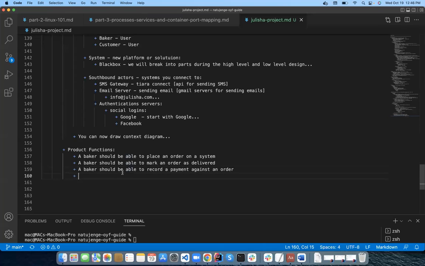And you're supposed to see the system before you write any code. And you're supposed to see how everything is supposed to work. Then we can say a baker should. What else do we have remaining? A baker should be able to, from what we have been discussing,